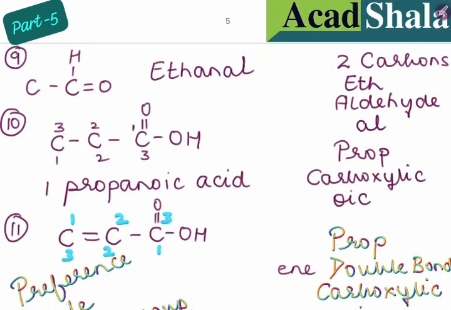Now the next one: I have 2 carbon atoms in this. So what is the root word? That is eth. Okay. Now, what is attached over here? I'm seeing this over here. So which functional group is this? This is the aldehyde group. If it is an aldehyde group, what will be the suffix? That means -al. And the single bond is also present.